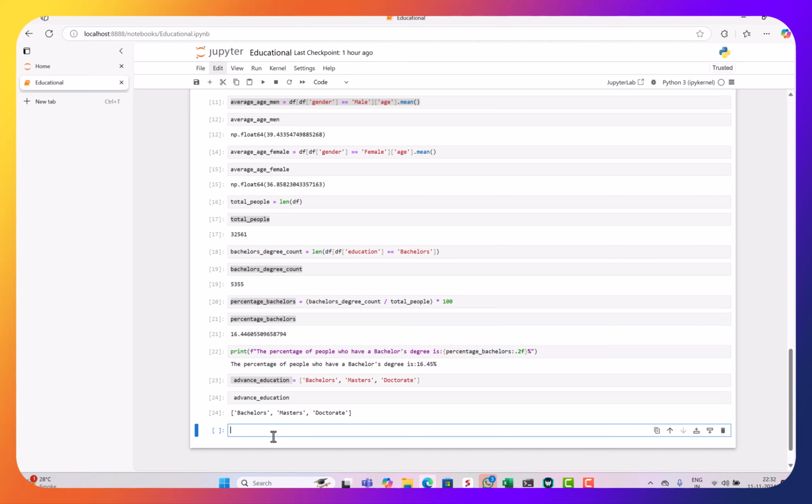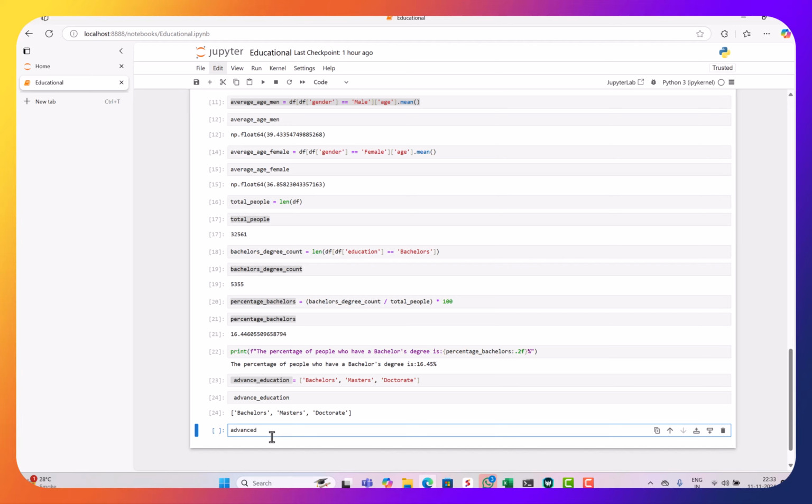Now what is needed for us to see is that we are supposed to calculate the percentage. So for the percentage, people with advanced education making above 50K, those who are making above 50,000, divided by the total number of people in advanced education. In advanced education I need those who are making more than 50K, divided by people in the advanced education. So how will I get it? I will make another variable stating